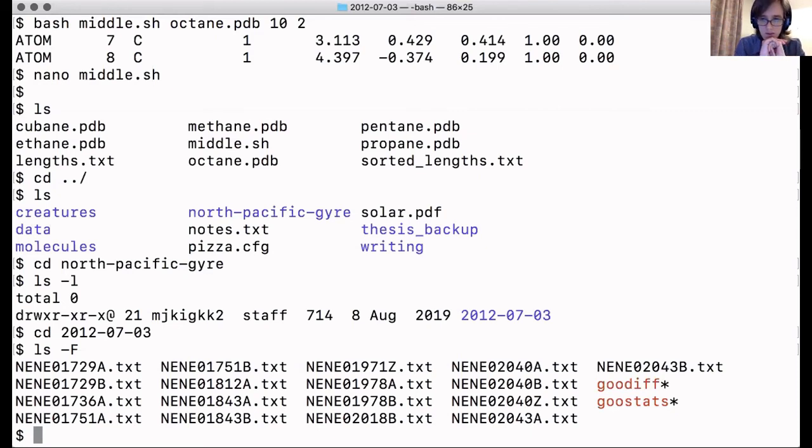And what we're going to look at now is how could we combine all of the elements that we've used so far, so wildcards, loops, and storing our commands in a script, to allow us to run that analysis on every file in this folder very quickly. So to do that, we're going to create a text file called do-stats. So if you type nano do-stats.sh,